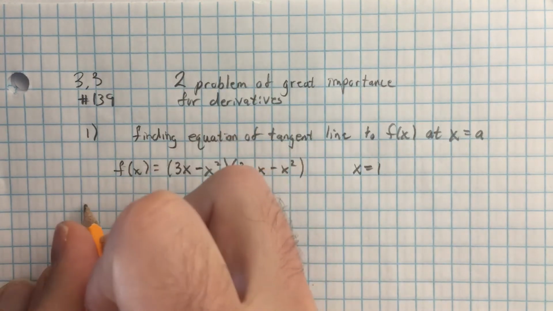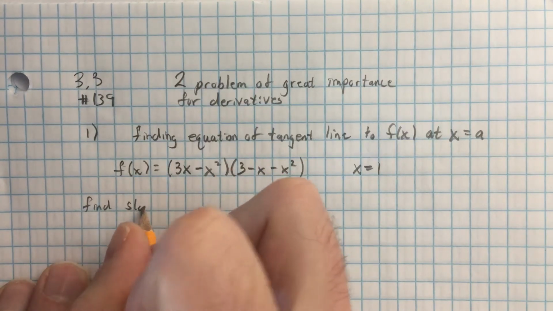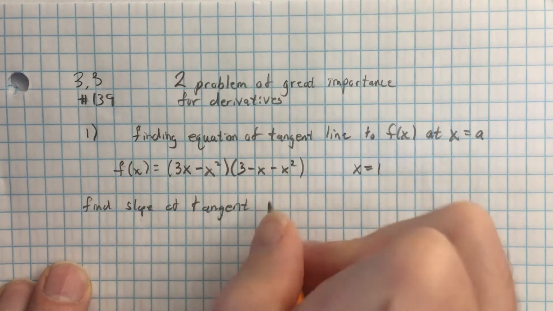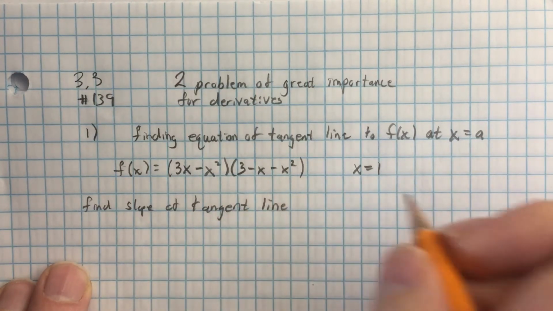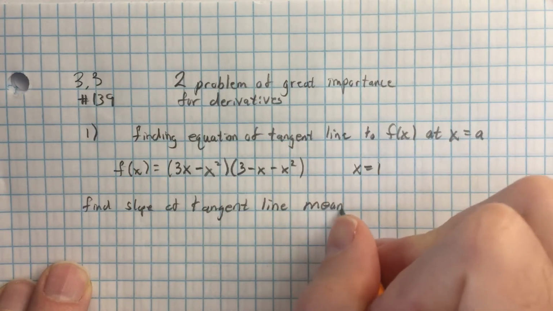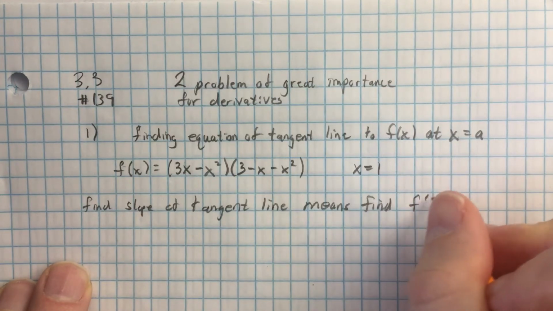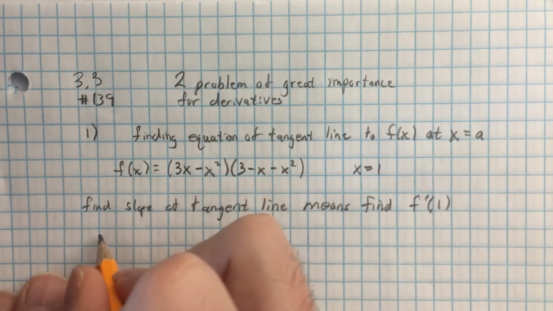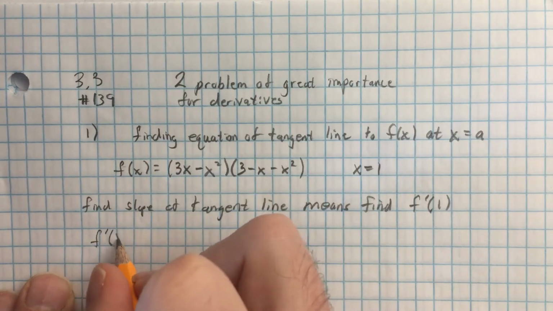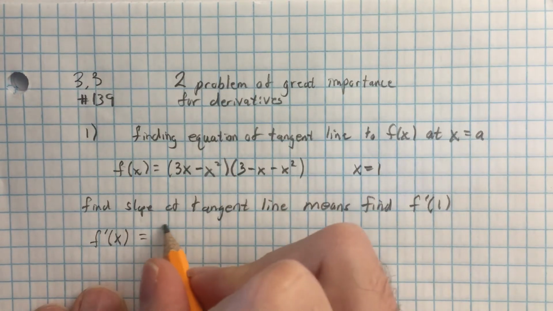So to find the slope of the tangent line means find f prime at 1. Okay, so f prime, we now have rules as opposed to a definition, which will facilitate this process greatly. So f prime equals